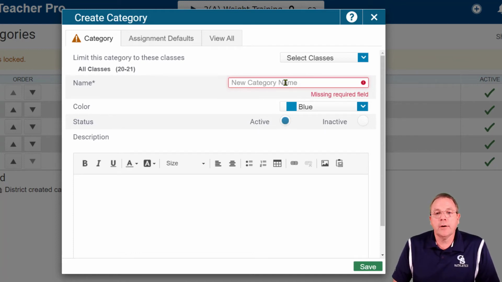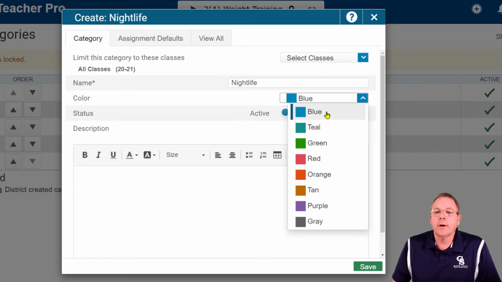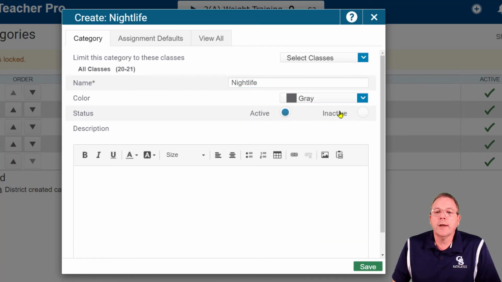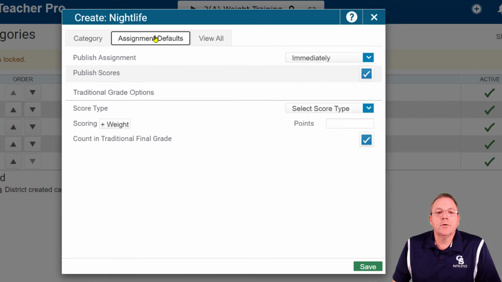You can input your category name, and we're going to call our category, I don't know, nightlife, that thing that none of us get to have. And we're going to make it a nice dark gray for night. We're going to have it be active. You can put a description of your category there. You select what classes your category is going to actually apply to, and then you can go to your assignment